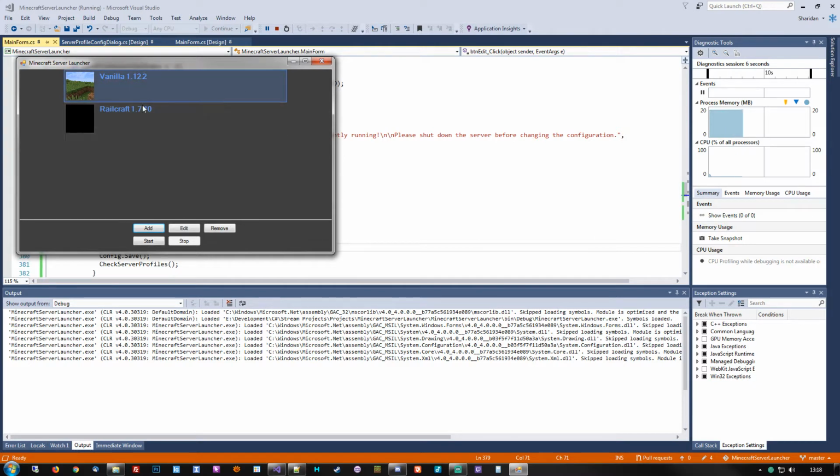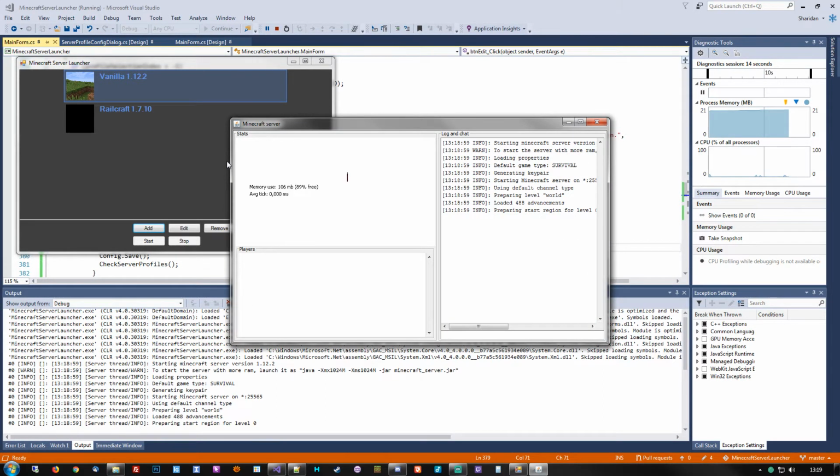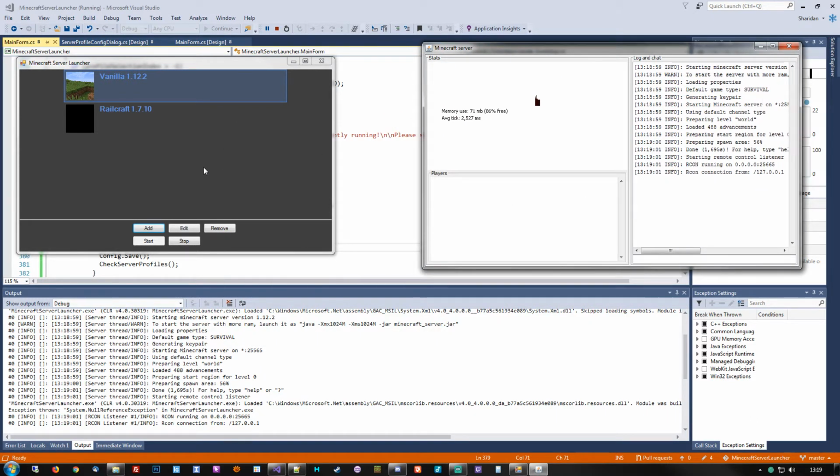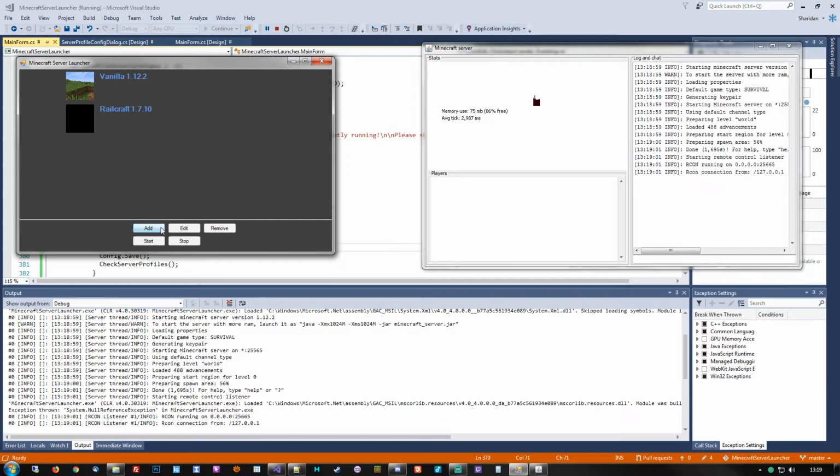Let's fire up the vanilla server. Start button is enabled, goes disabled, and it should start up in a bit. There we have it. It's running nicely, and we'll see if we can